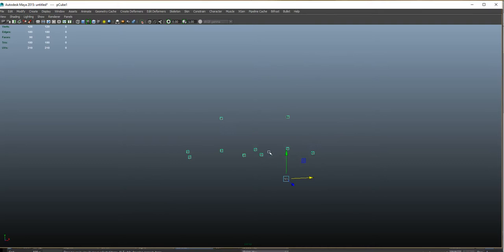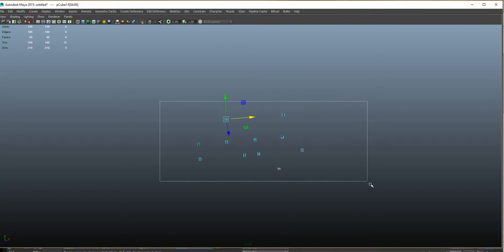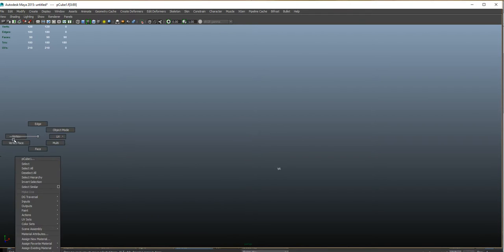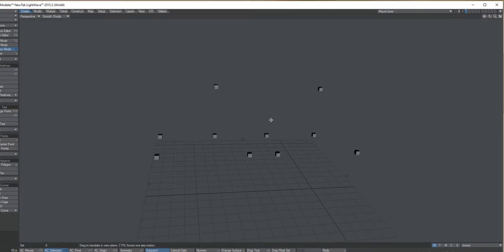To make that easier to see, let's go to component mode, and let's move this entire group of cubes off to the side. And I'll go back to object mode, make sure that's selected, then hit the F key, and as you can see, it's centered around the geometry even if the pivot is over there. The equivalent in Lightwave would be to take this same object here and translate it off to the side like that,